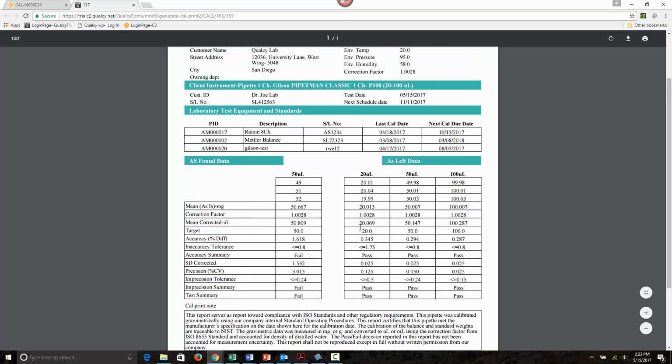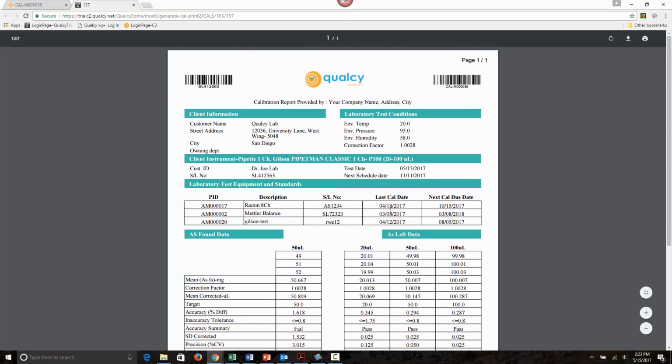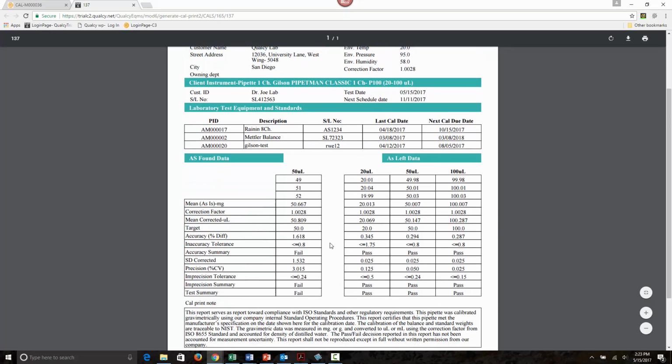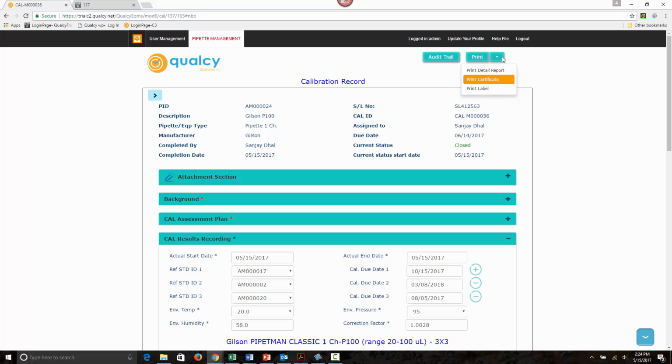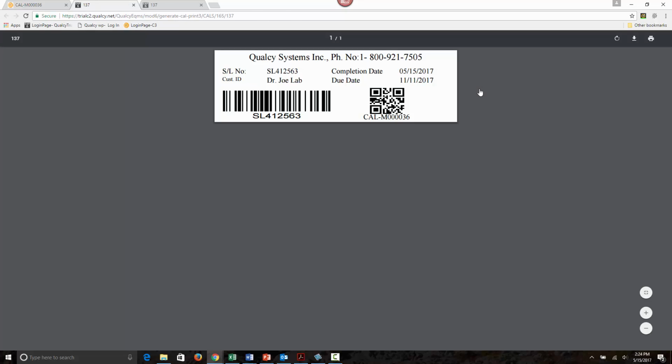If I click on print certificates, as you can see, a PDF report of the actual calibration certificate is available here. And you can send this certificate to your customers, or you can print this out and save it for your records. And also I was going to show you the labels. It directly prints the labels from the system. You can use a standard Dymo printer or any other printer you may have. You just print it and stick the label